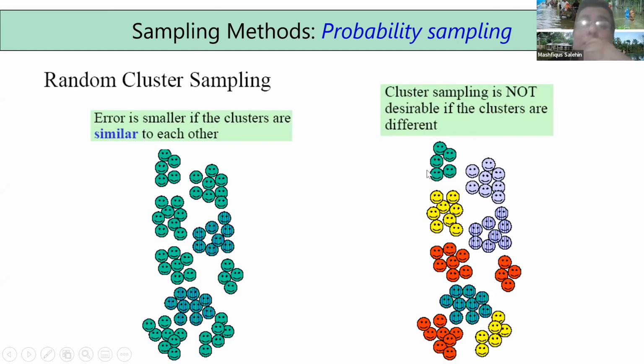But if your clusters are not very similar, and they're very dissimilar in a number of aspects, then your error would be very high. And in this particular case, what you would want to do is go for